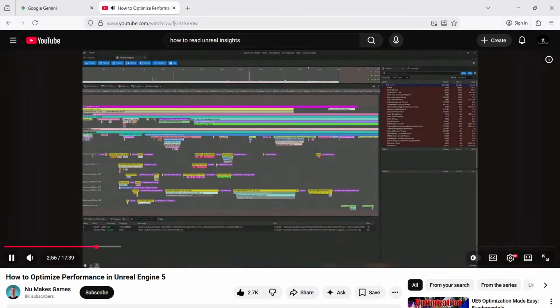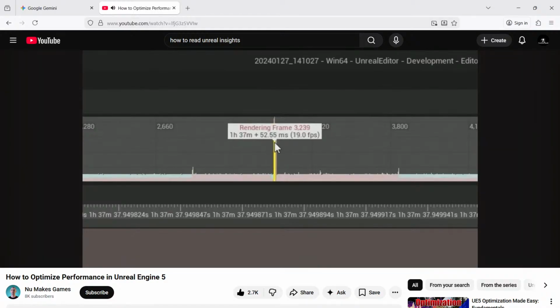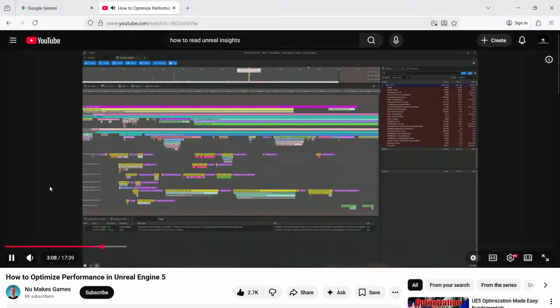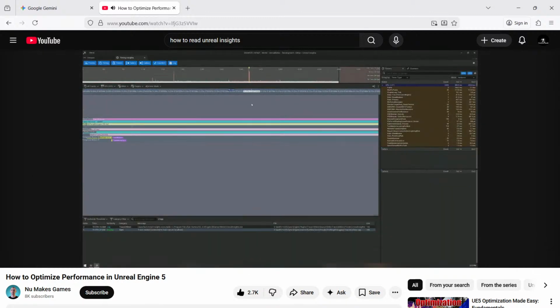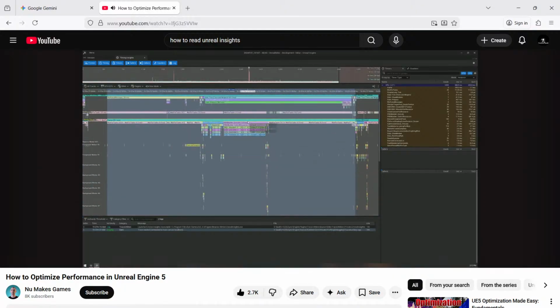In this top pane, we have timings for all of the different frames in our capture. The bigger the bar, the longer the frame. So if I wanted to look at this one fat frame, I can see it took 52.5 milliseconds, which is about 19 frames per second. I can left click on that to jump to it. And then if I press the F key, it's going to focus my timeline view to look